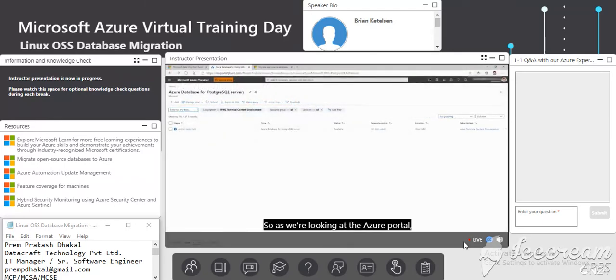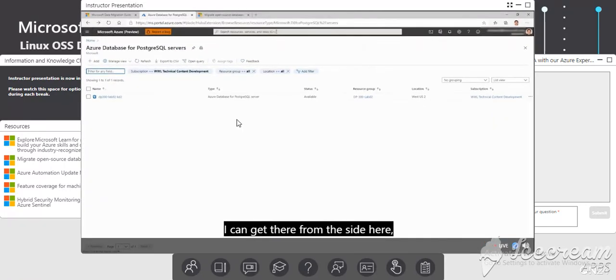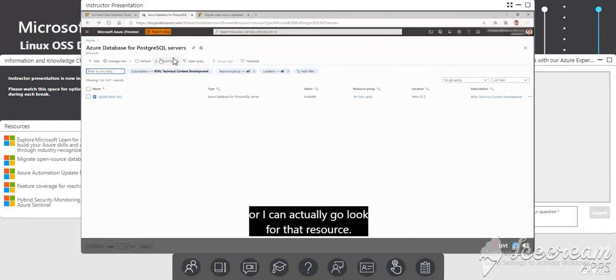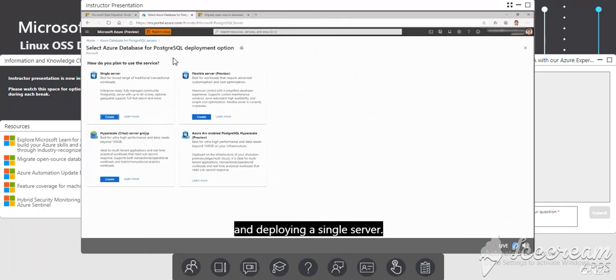So as we're looking into the Azure portal, I have my Azure databases for PostgreSQL. I can get there through the blade on the side here, or I can actually go look for that resource. And so what I will be doing first is creating and deploying